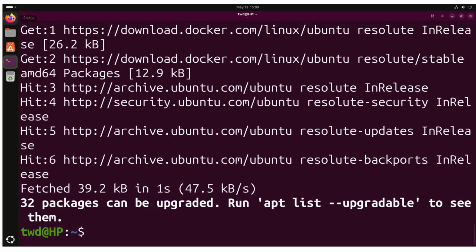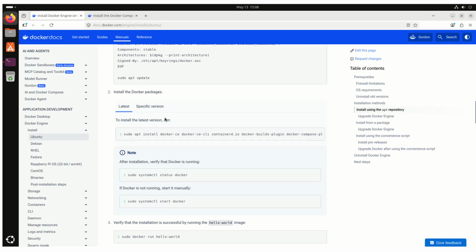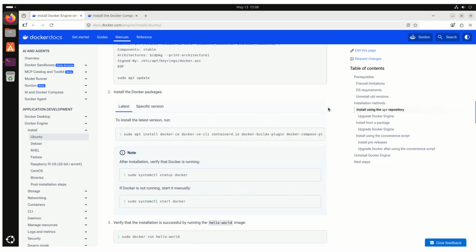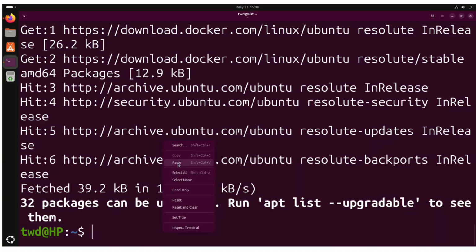Okay, now I am going to install the latest version of the Docker package. Copy this command, or if you want to install a specific version of Docker, then select this and then follow this instruction. But I'm going to install the latest version of Docker. So copy this and paste here. Hit enter